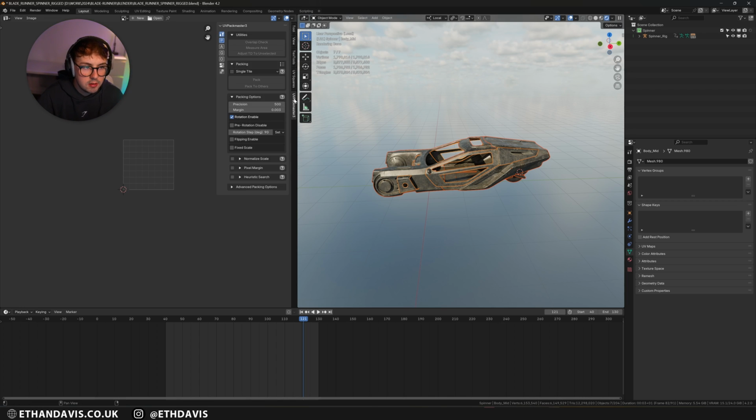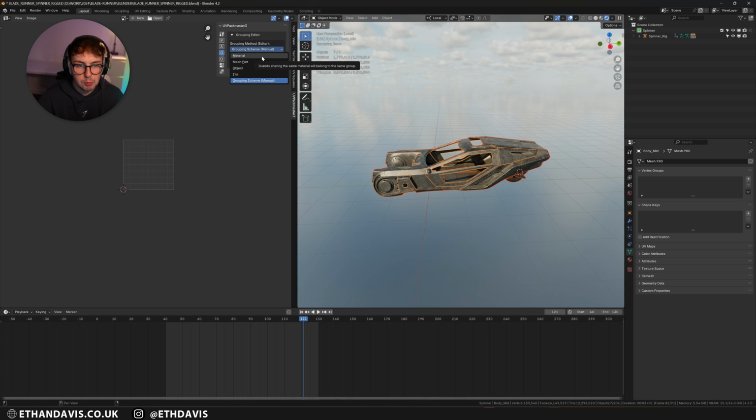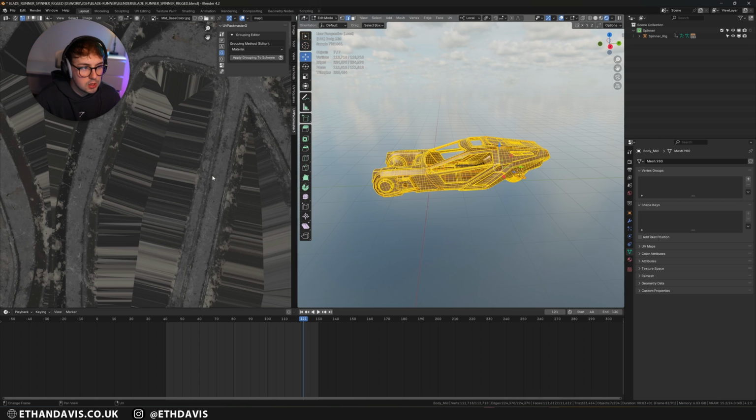If I come over here, you'll see UV Packmaster. If I go into groups, we can select a grouping method that we want to use. Because I've grouped all my textures by material, I can click material, and first I need to go into edit mode.